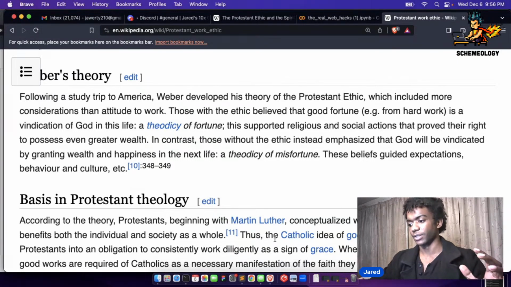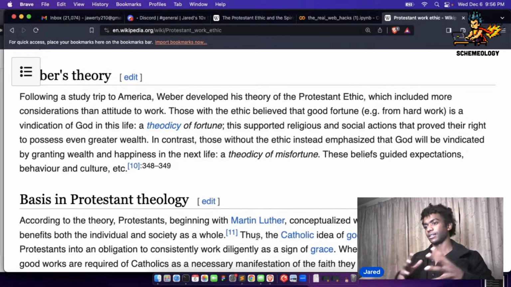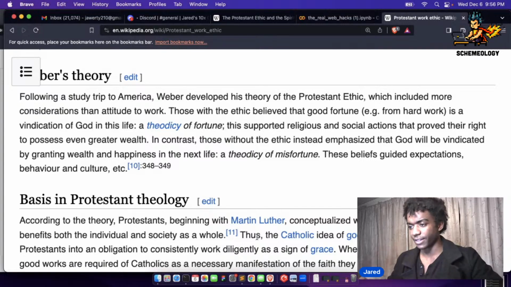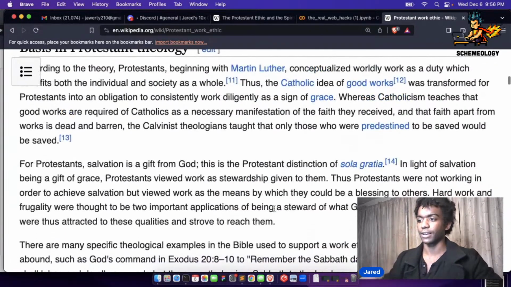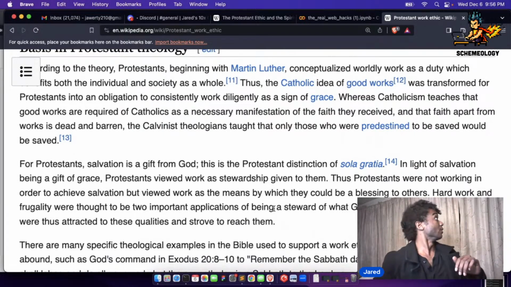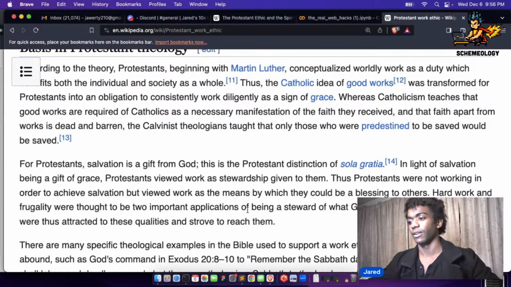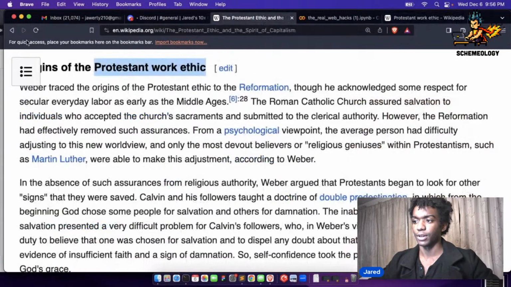Okay, so the general idea is good works, and they're saying it here, where the Catholic idea of good works is kind of translating, in the Protestants, into this work ethic, that your life is work. And that's not bad, by the way. I think the origins of this are actually very nice and kind of pure. It's a good thing, but if you kind of see where I'm going here,